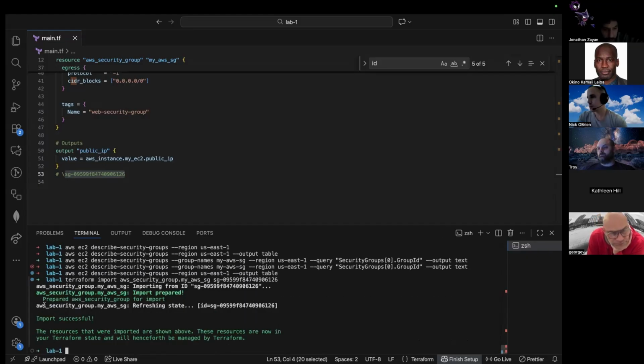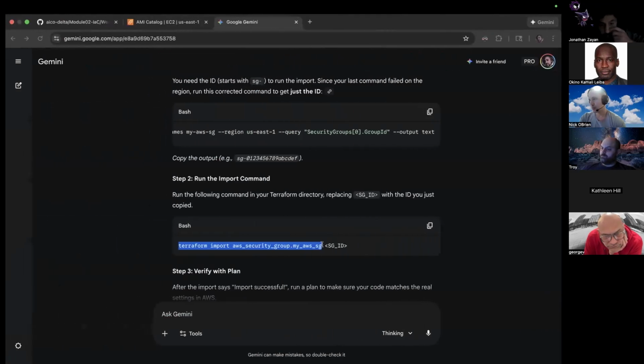Remember the great debate where we asked whether it's just assuming the first one in the list? This is our actual security group that we want. If you remember, this is the one that we specified, so by doing so we were also able to import it. So how did we do that? It was literally just these two steps.